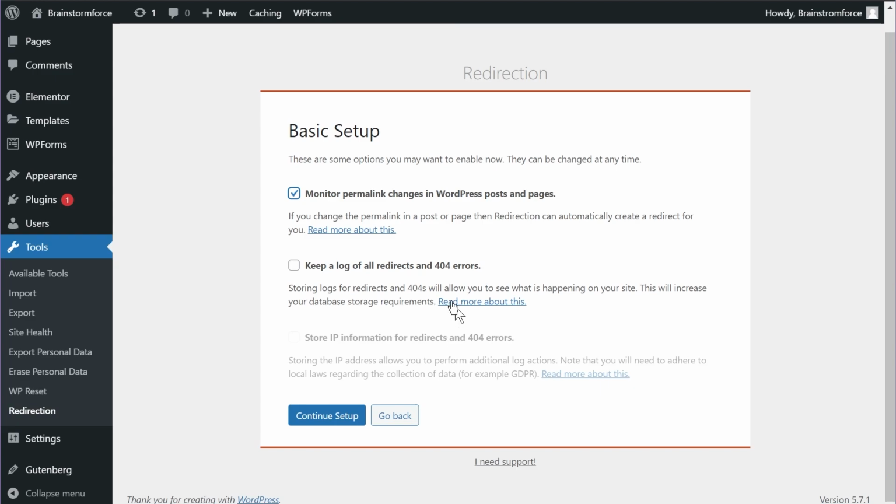and then maybe you'll get some data to fix them. Now, some SEO plugins already do these options, but as I said, not all the SEO plugins do this in the free version. Sometimes you have to pay, but this plugin is completely free. So I'll just enable this option as well.